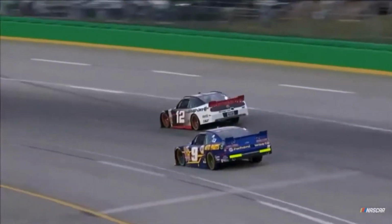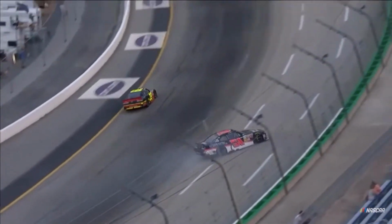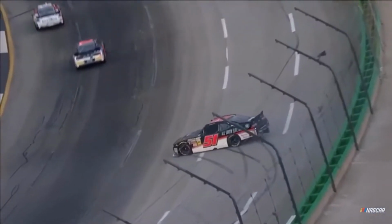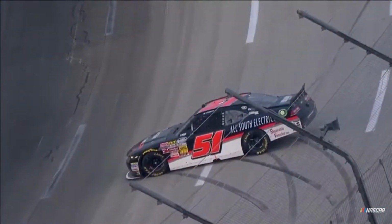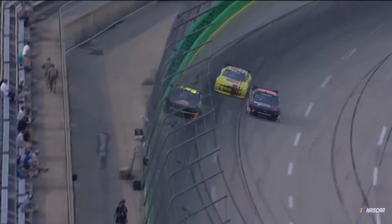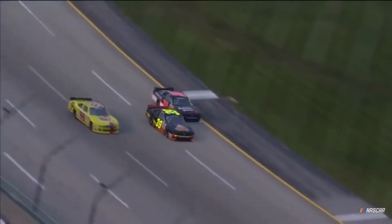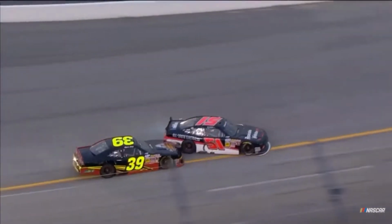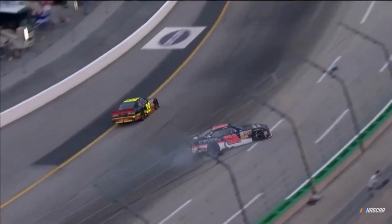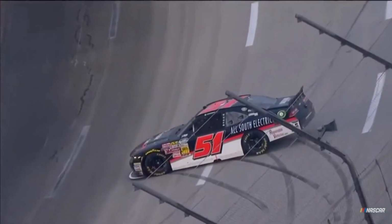There is something in turn 4 that has caused the yellow flag to come out, and now trouble down in turn 1 as Jeremy Clements had contact with another car and got turned around. See him racing side by side off the corner. Zeke just gets really out of shape. Yeah, no contact. Maybe a little air taken off the spoiler, but that'd be about it. Obviously, Ryan didn't agree with that assessment. Yeah, must have thought that he got hit, but he'll look back and find that was wrong. Or he may just